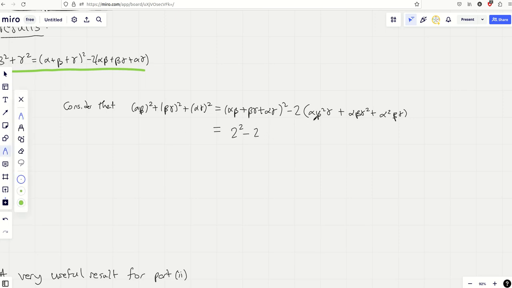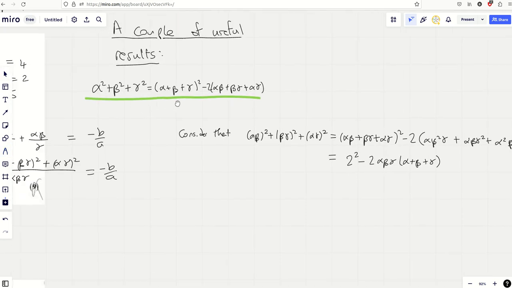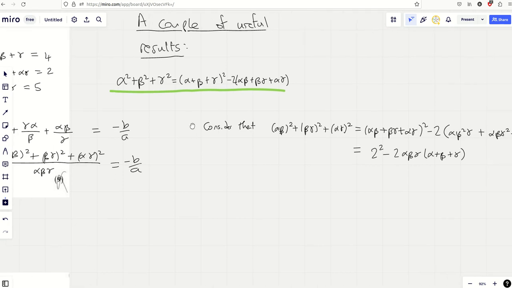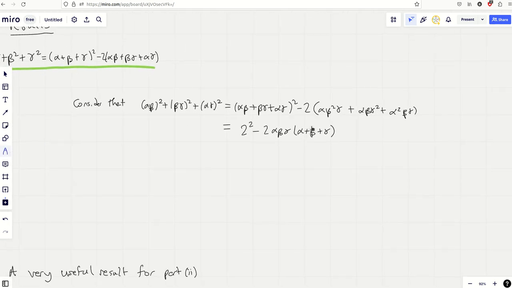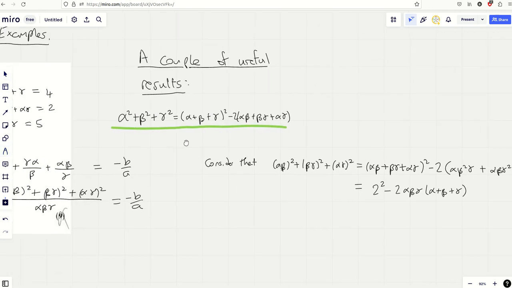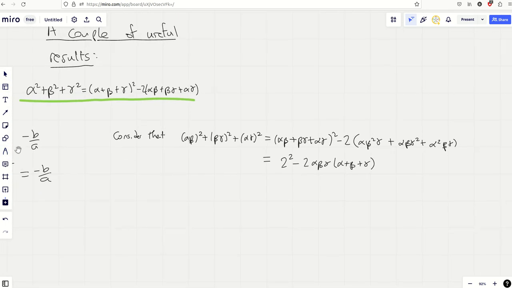And then here, actually they've all got an alpha beta gamma in there, haven't they? So let's factorize that out, leaving just alpha plus beta plus gamma. Now that looks lovely because I know that alpha beta gamma is 5, so I'm going to replace that with 5. And I know that alpha plus beta plus gamma is, I've forgotten already, 4. And so I'm going to have 4